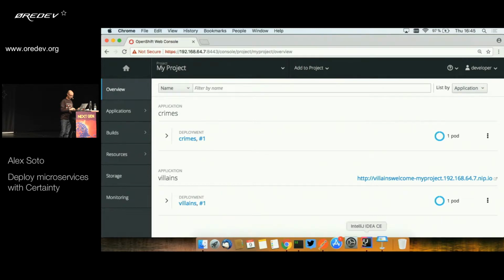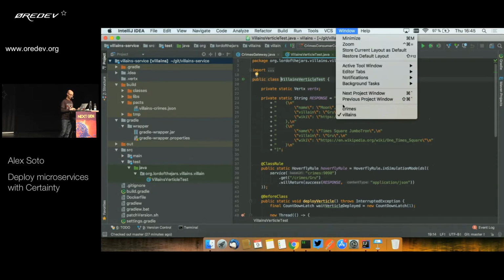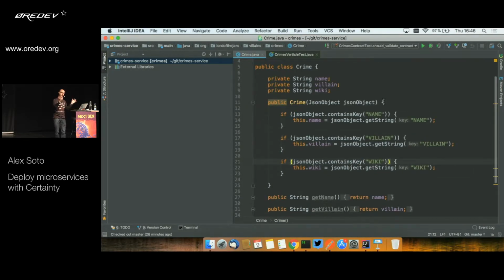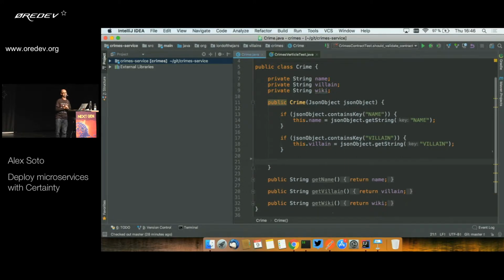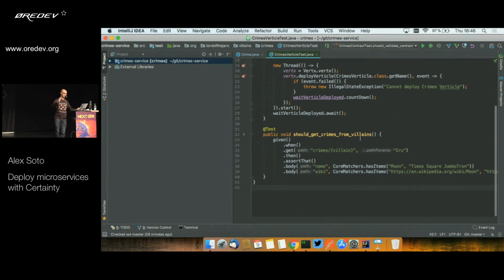So everything works, until some developer, maybe because he did something wrong, or maybe he understood something that was not exactly how it should be done, decides to change the crime object, and decides that the wiki field is not necessary to be sent anymore. There is even a test that checks that when I go to crimes/beelines, I get the name and the wiki field. But since this test will fail because there is no wiki, I just comment it out